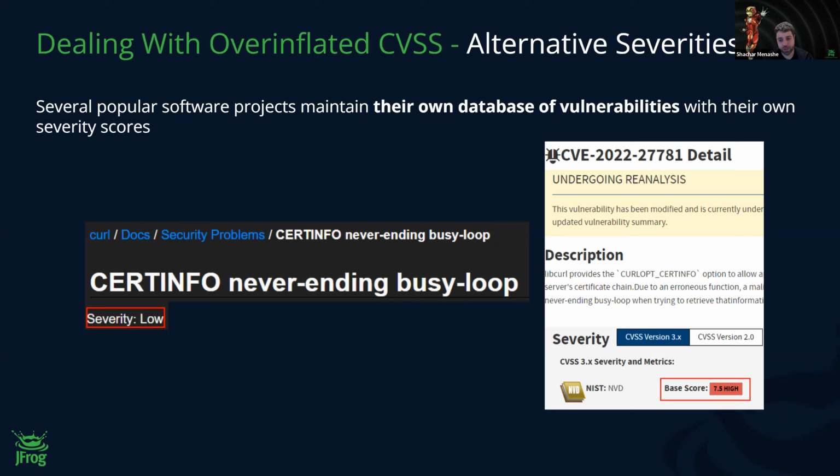And again, we preach to trust the project's severity score more, because the project developers are the ones that fix the vulnerabilities. They did all the due diligence, they did the triaging. They really know what's going on there. And they're also not afraid to give critical ratings as well. There was an OpenSSL one recently, but it's really much more thoroughly researched by the project maintainers.